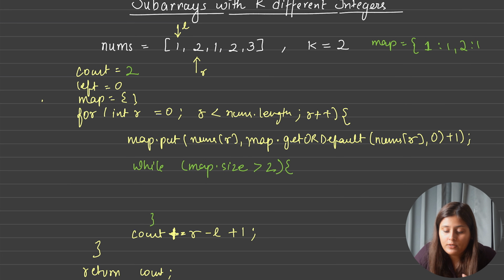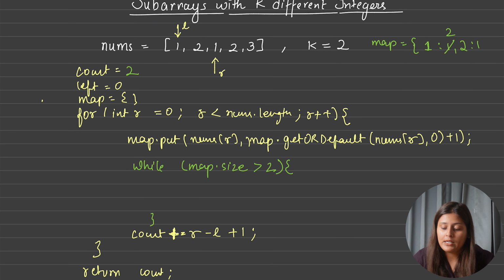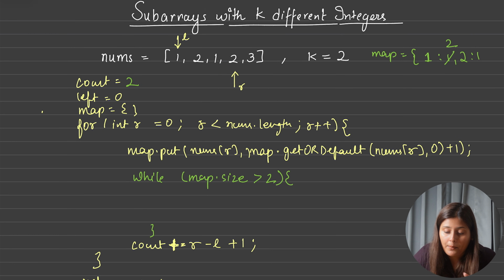Okay, so as of now, can I say my count variable is 2? Okay, now again I will move this right pointer ahead. My right pointer will go to this. Again I can say it is already there, so I will only increment the frequency of 1. Still it is not greater than. Again we will move this, correct? But when r is here, what are the total valid subarrays? So if you see here 1 and 2, the total number of subarrays count was 3. Okay, now when r reached here, how many? That is nothing but length only. So can I increment this, 3 plus 3? So it will become 6, correct?